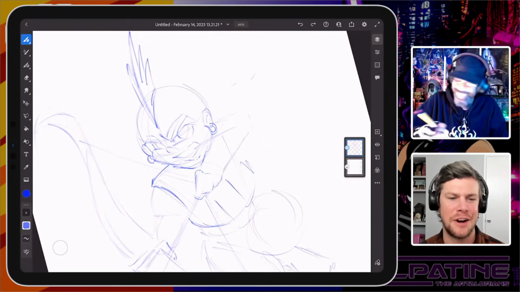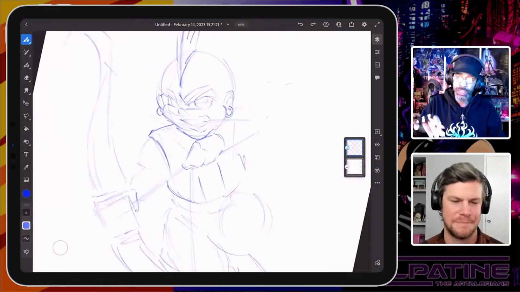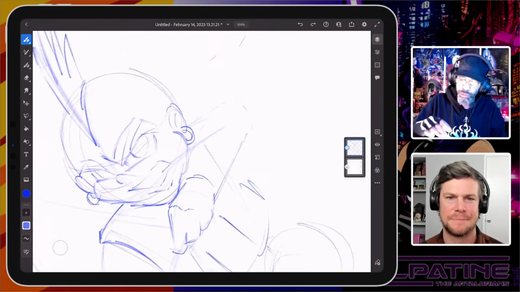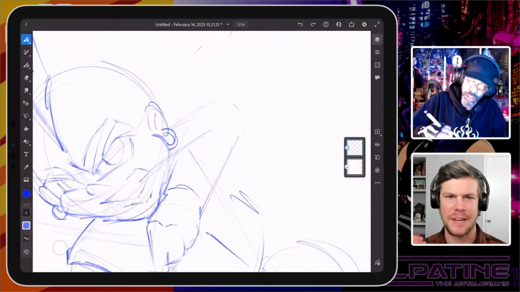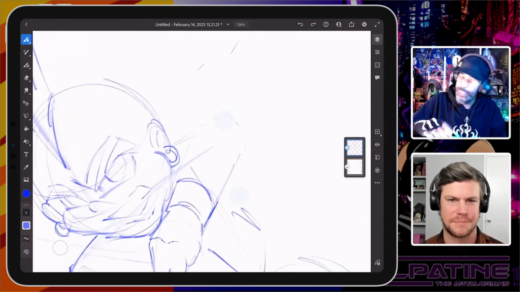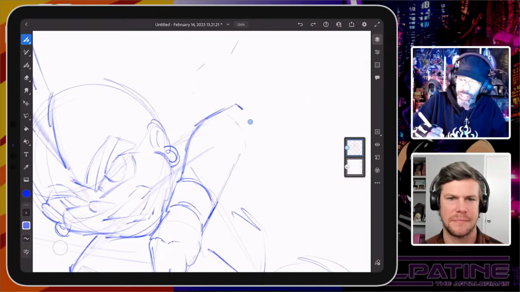Odari, you're using the pencil brush right now, correct? Yes, sir. Pencil brush, just to give me that feel of drawing traditionally. It's just the standard pencil brush that comes with Fresco. And I draw in blue because